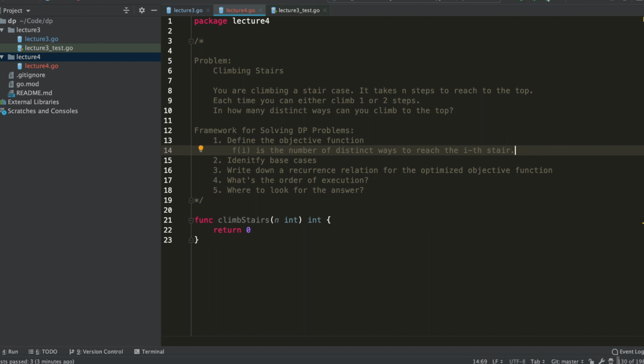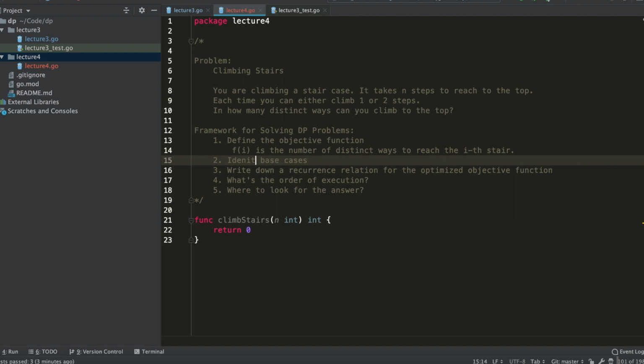So in certain cases, your objective function may be something like f of i, j or i, j, k. So it depends on the problem. We'll review more problems in our future videos, and we'll have slightly more complicated objective functions, so you will be able to sort of grasp the idea. Awesome. Okay, so now let's move on to identify